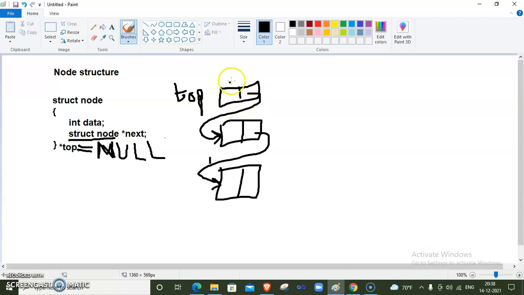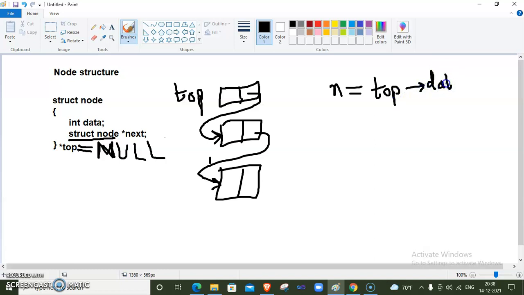So whatever element is present at top we need to delete. After deleting this element, top will be at this location. So inside n we store the top node's data part.